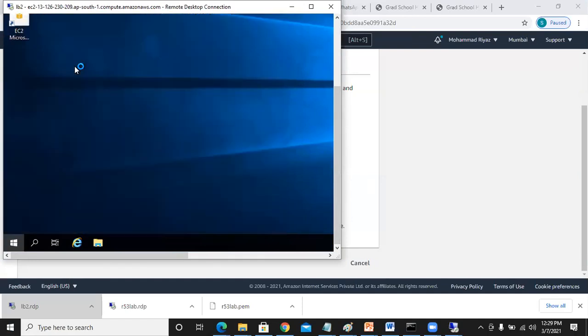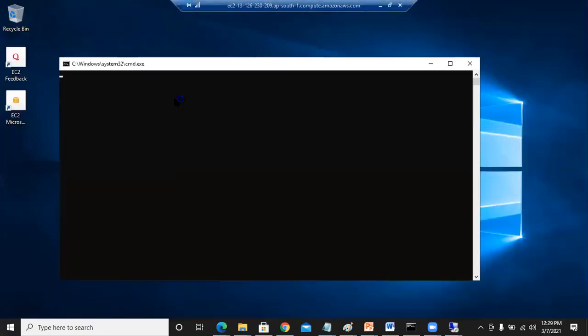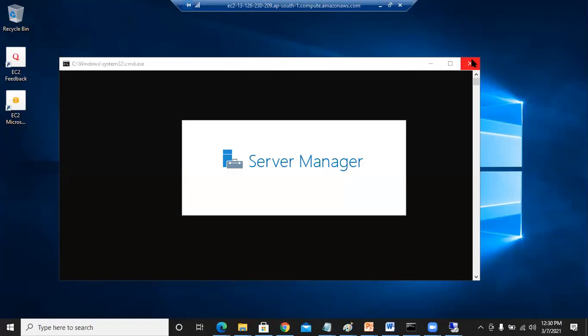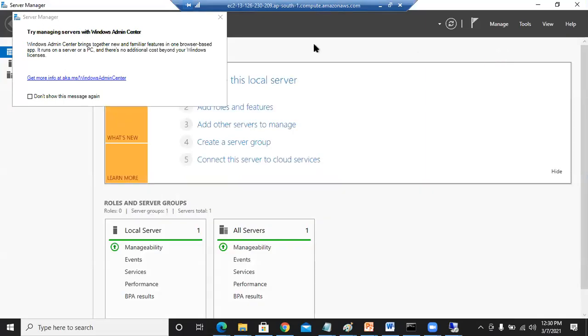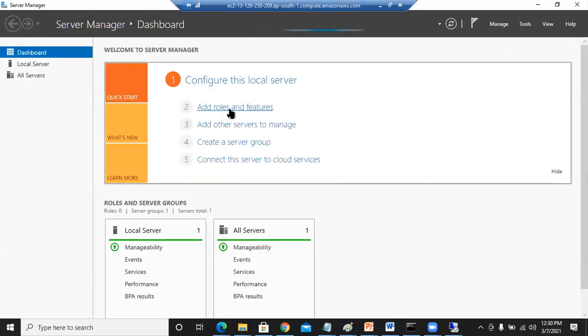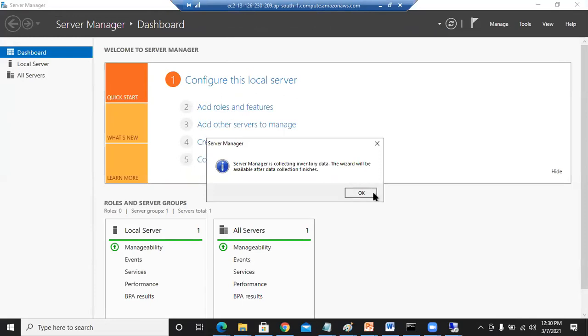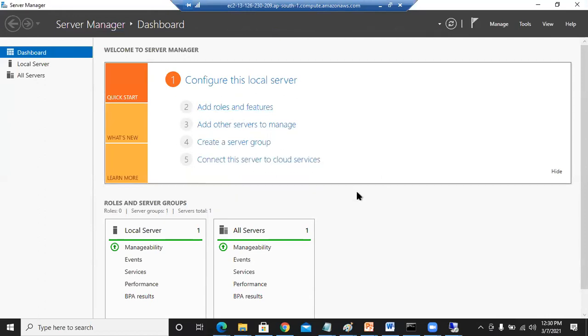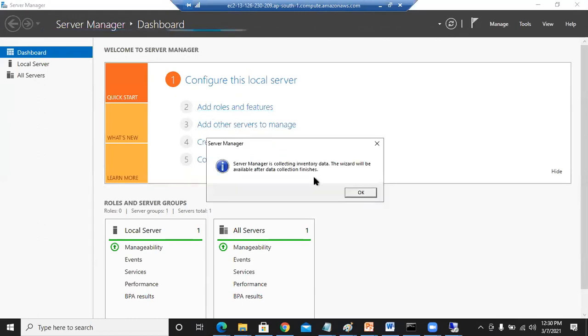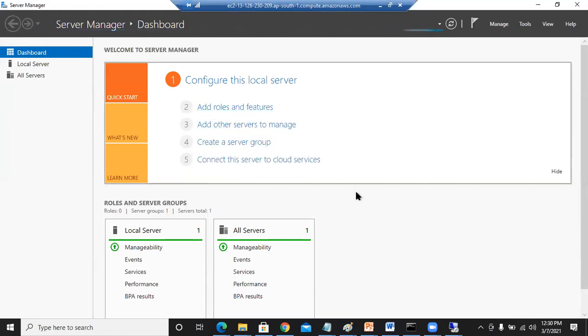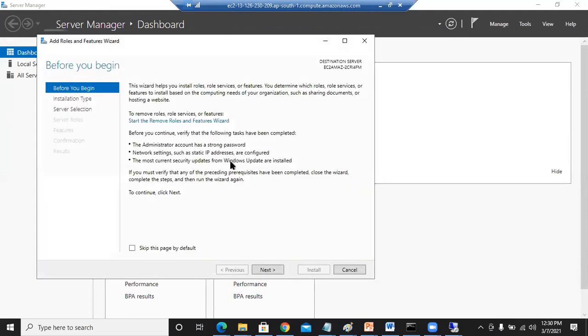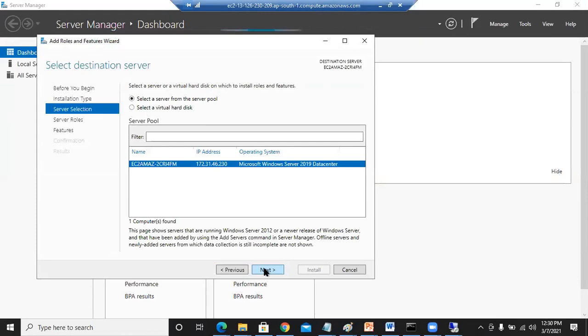Server Manager. It's loading. Add roles and features. Wait for a second. Click on next, next, next, next.